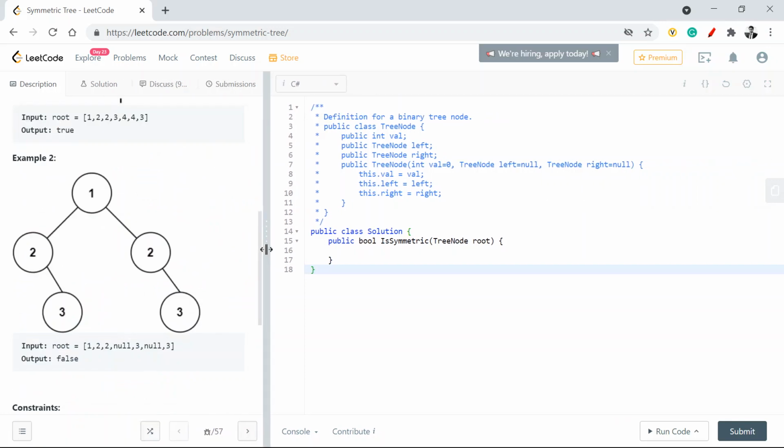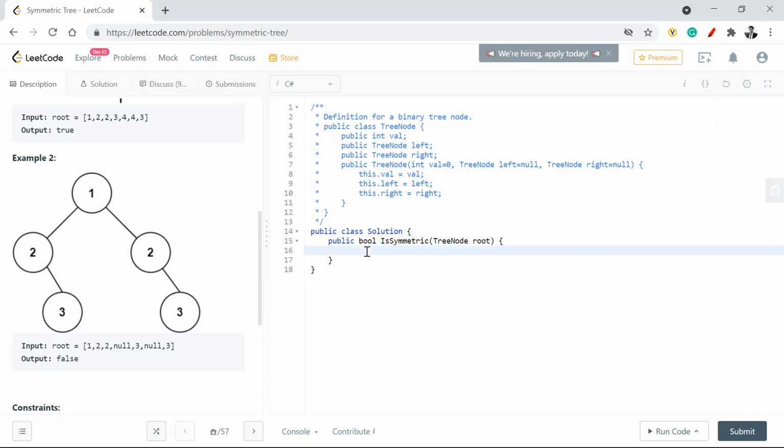So with this, how are we going to approach this problem? I think this is a fairly simple problem wherein we have to use recursion. What we are going to do is see whether the values are the same or not. If they are the same, then from the given root node we'll see whether the left and right children are the same or not, and so we'll go forward.